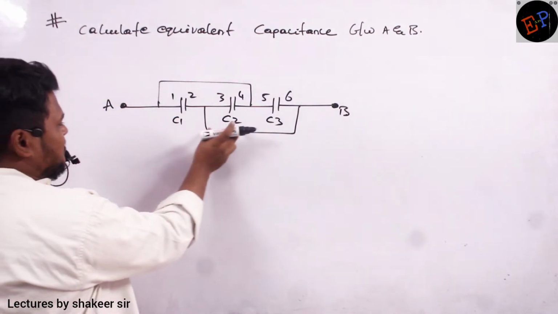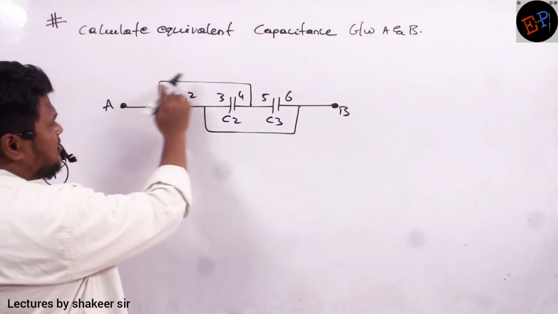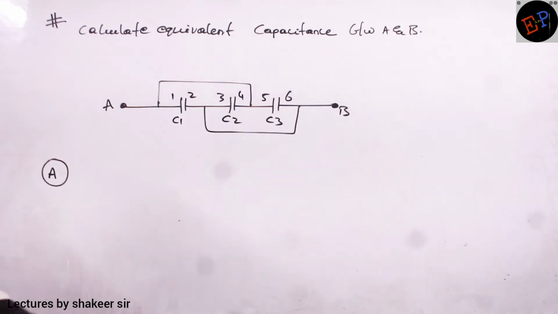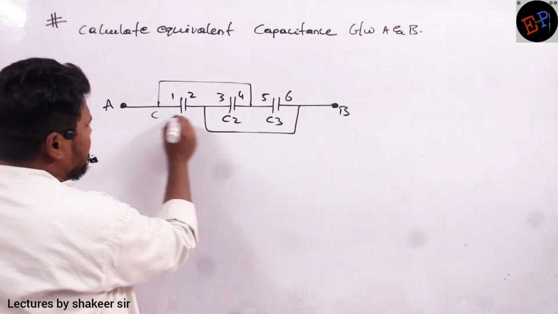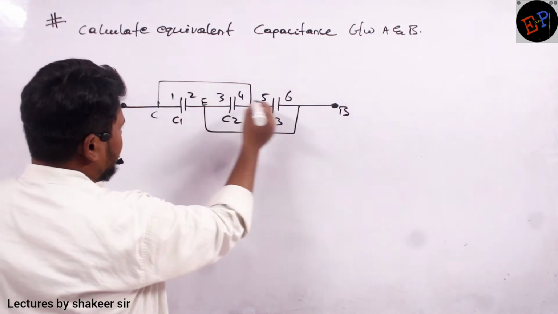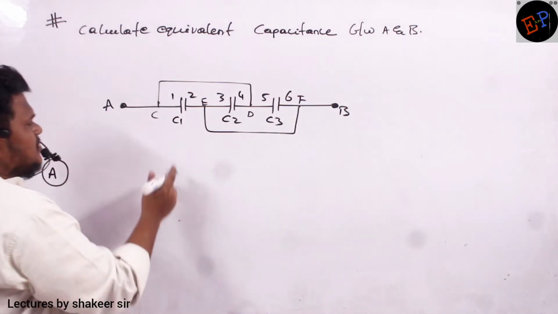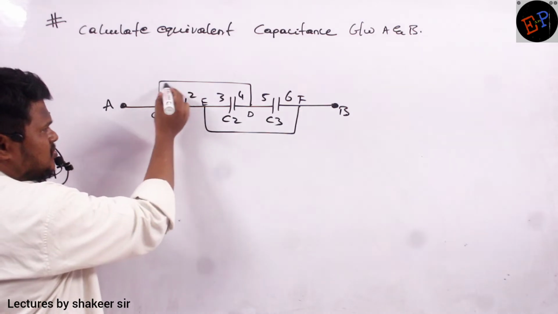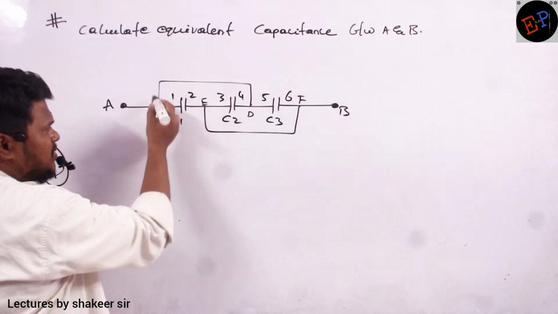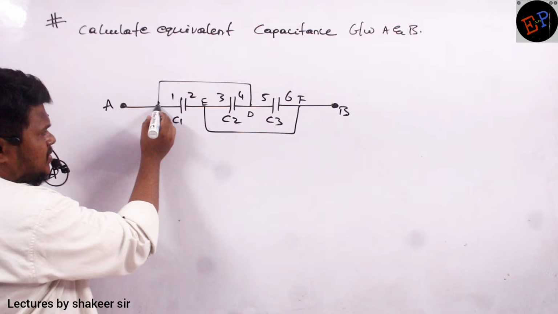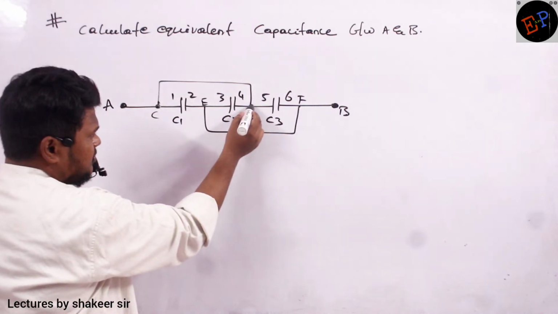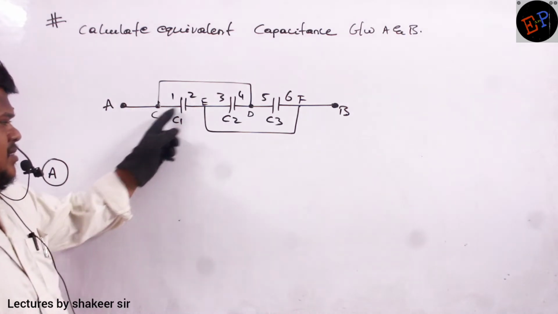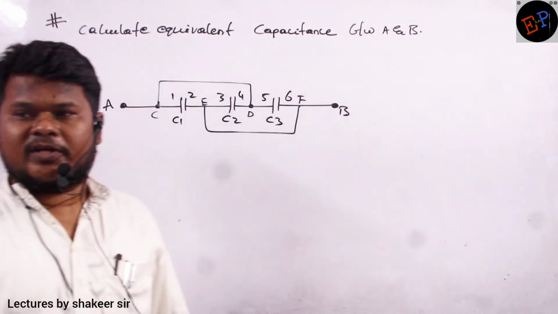So 3 capacitors C1, C2, C3, and these are the short circuit wires which we are connecting. Short circuit wire means what? For example, if you call this point as point C, point D, point E, and point F. Okay, ma? See, ma, in between C and D, there is no connection, no? There is no capacitor, no? Ma? Between point C and point D, there is no capacitor which is present. It means that point C and point D, they are at same potential.